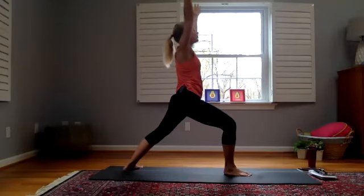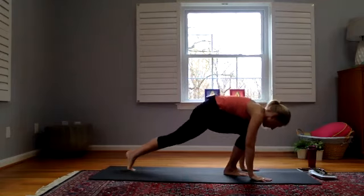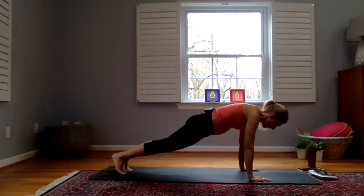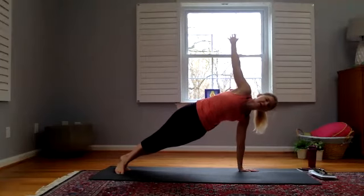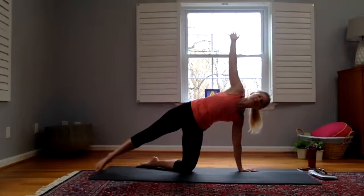And come back up, reach back down, coming back into our low lunge. Step our right foot back to meet the left into high plank. And then from here, we can either do modified side plank or full side plank. So we're turning to the right, raising our right arm, stacking our legs, or dropping our left knee and extending